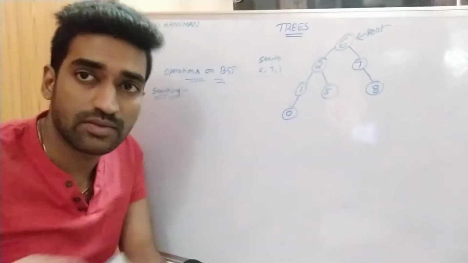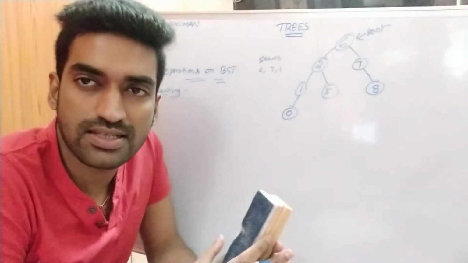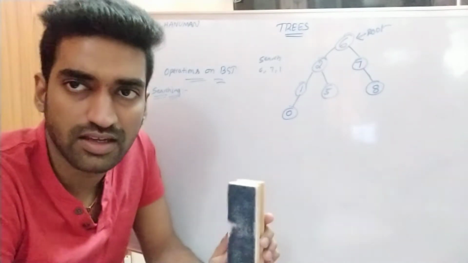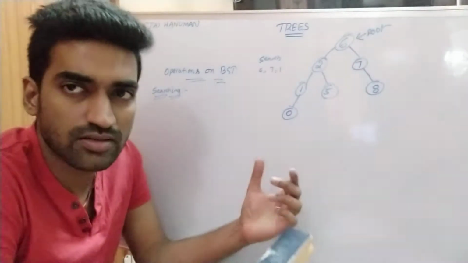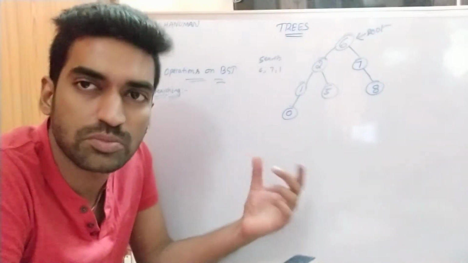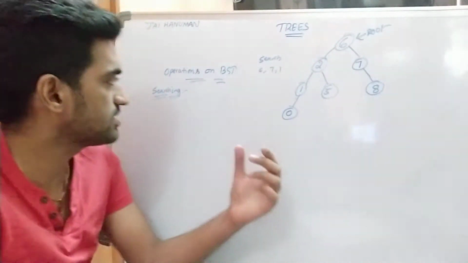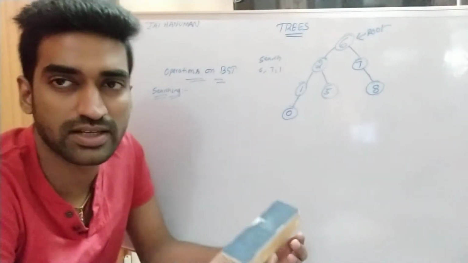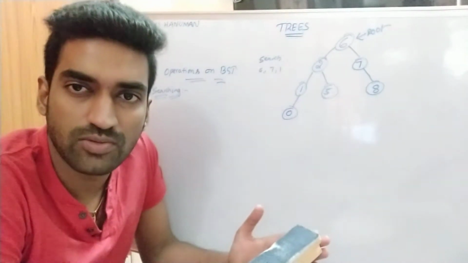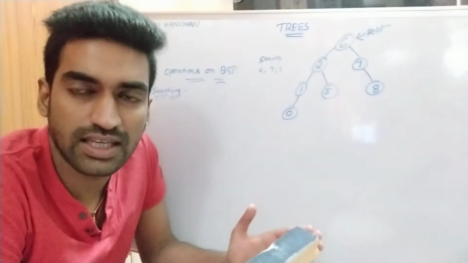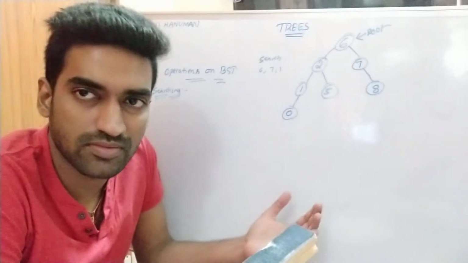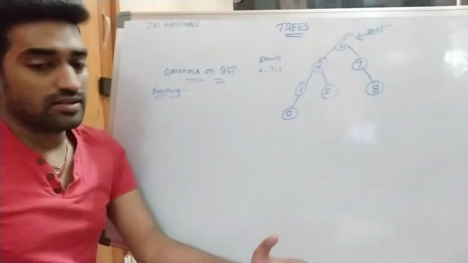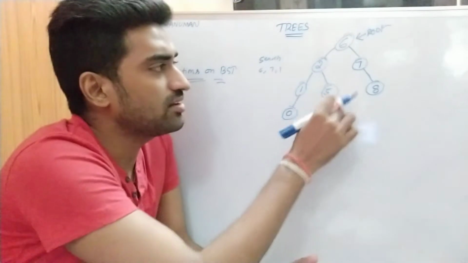Yes, hi friends. In the previous session, we already discussed the insertion and deletion operations for a binary search tree. In this session, we are concentrating on one more operation, the searching operation. What is the main purpose of searching? By using this operation, we can find the key element from a tree, right?